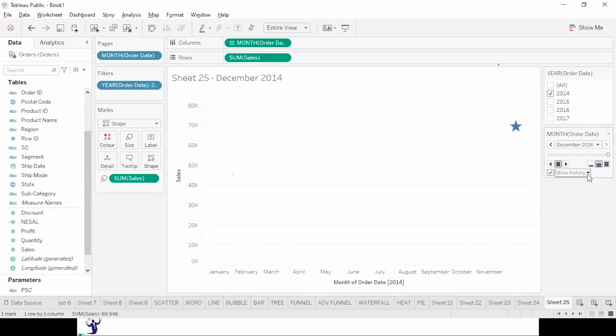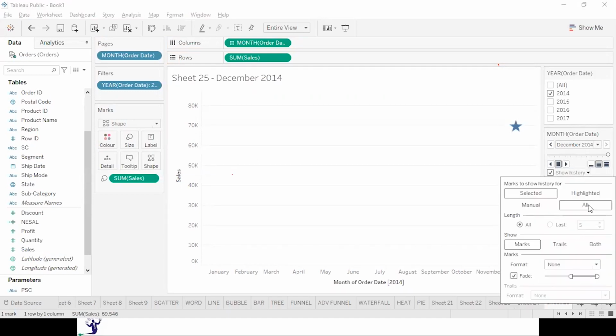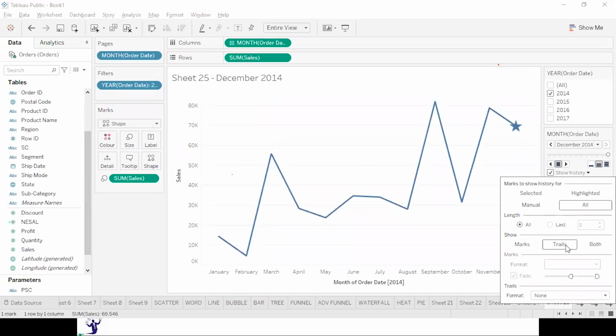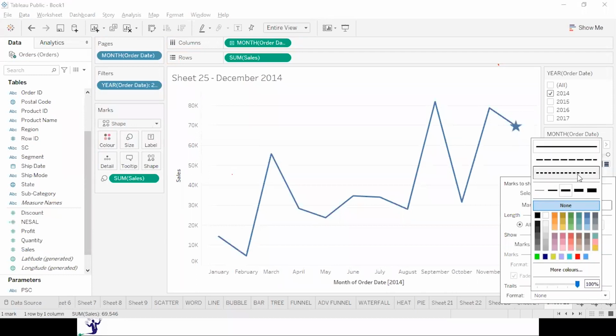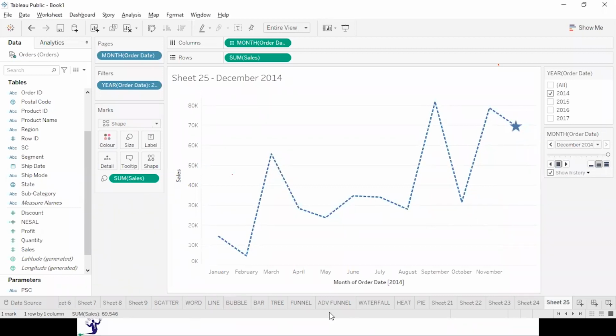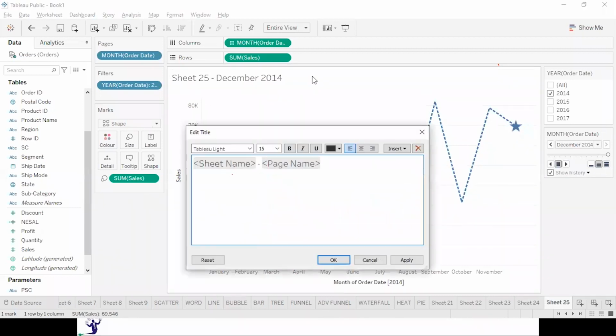I can click on this drop down over here. All. Here it goes, right? Now, and let me take this as well.